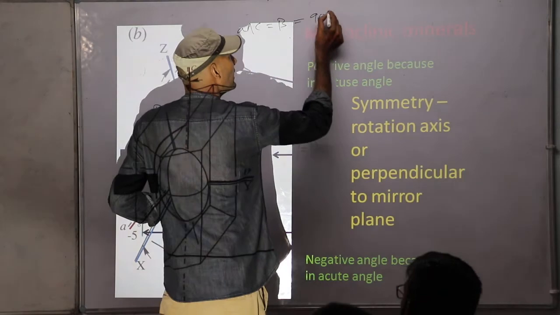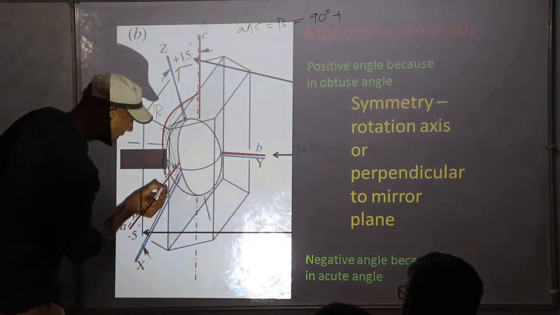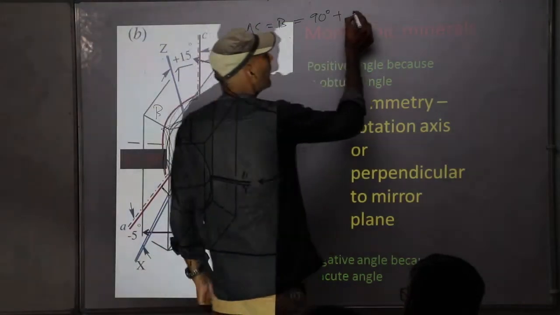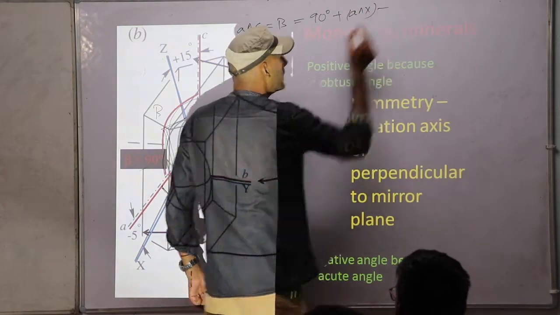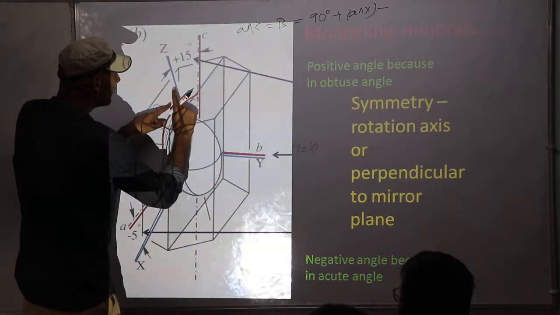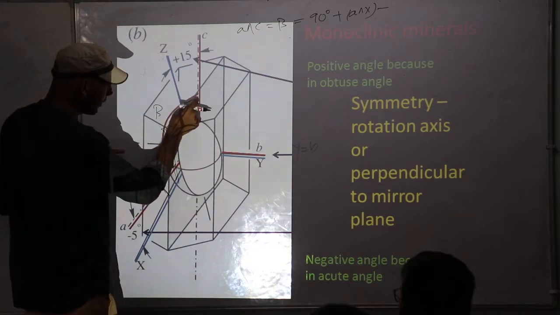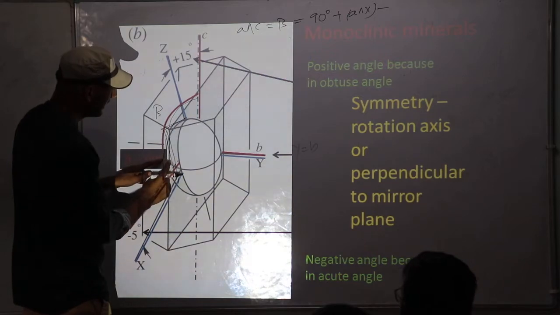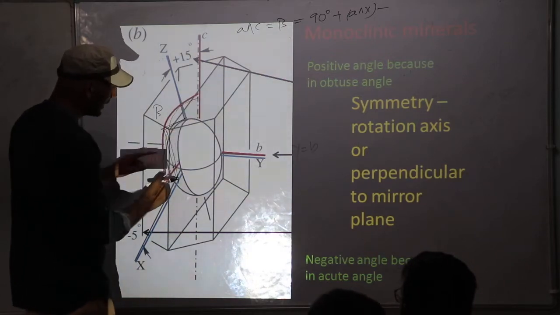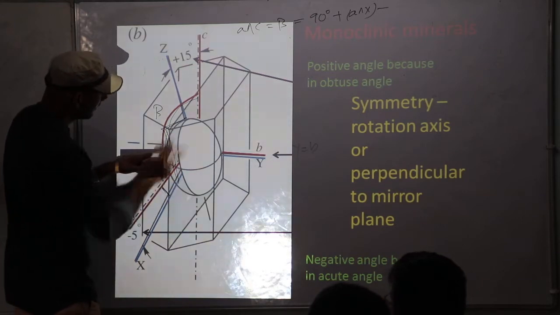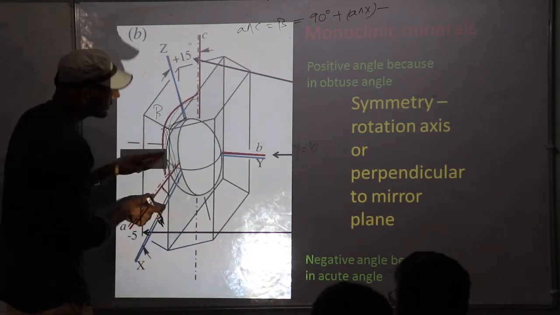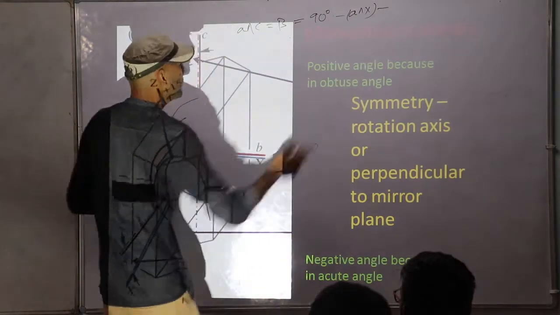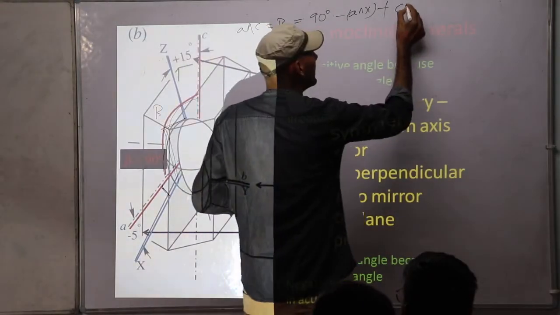That is equal to 90 degree plus this angle, that is A angle X, minus, you can take angle with Z and C, because that is all that is included in beta. Sorry, I am calculating beta. So 90 degree plus this one minus this one. I have made a mistake here. It should be minus A angle X and it should be plus C angle Z.